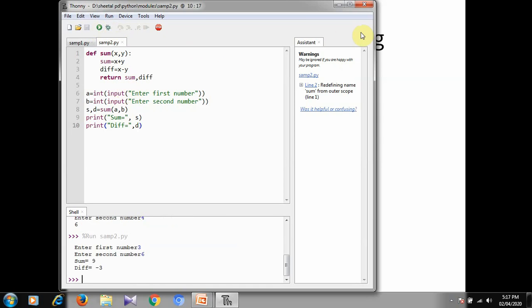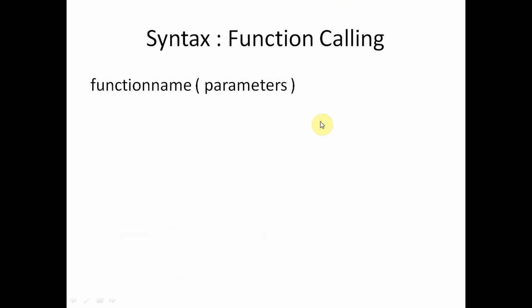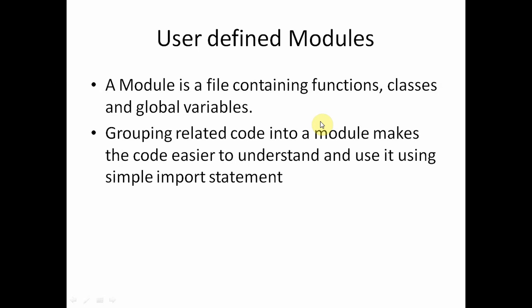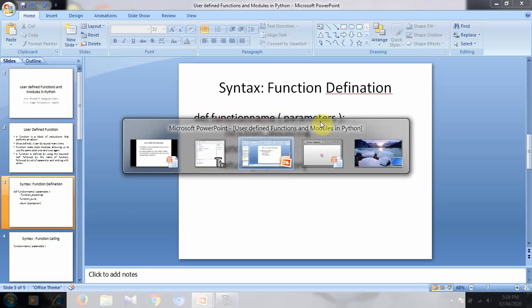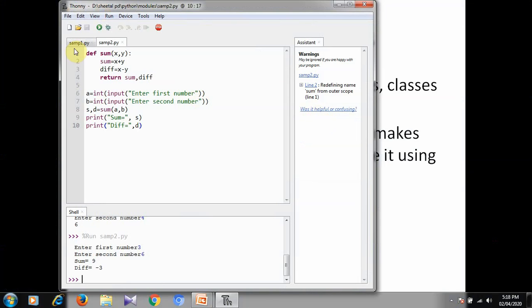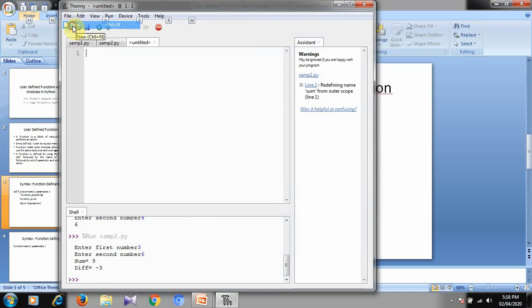Now we will see modules. What is a module? A module is a collection of functions, classes and global variables. Grouping related code into a module makes the code easier to understand and use, using a simple import statement. We will execute it in Thonny. I will use a new file.